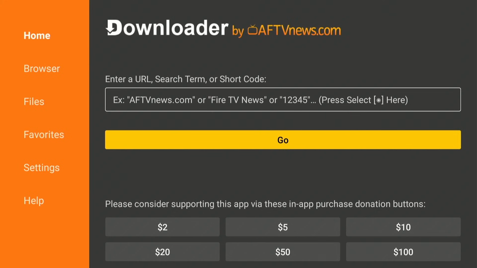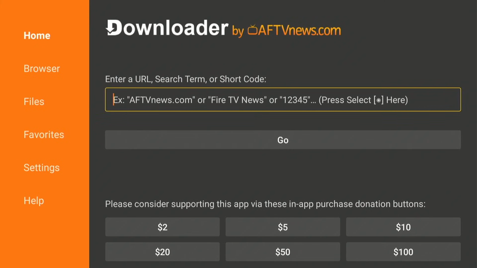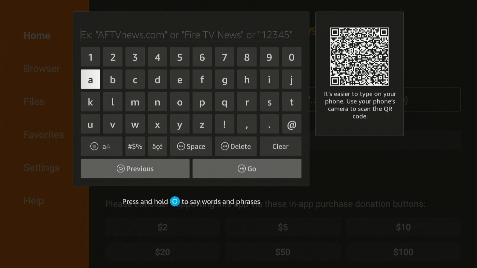Now guys, this is the home screen of the Downloader app. Here you will find some menus on the left side and one search bar on the home screen. So let's click on the search bar by pressing the remote select button 2 times, once, twice. Then a keyboard appears on the screen allowing you to download any app that is not available in the Amazon App Store. So today we are going to download Sports X on our Fire Stick device. So let's type the Sports X app code